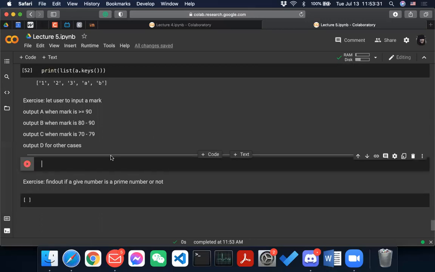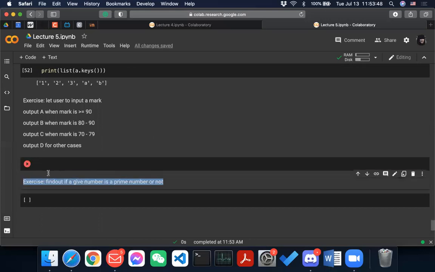I will let you guys deal with this exercise. This is the exercise for the if statement, a little bit for version control. Okay, and yeah, the last exercise. I feel like this is not enough time for today, so I will just leave it for you guys as homework, or probably I will add this question to the assignment as well.